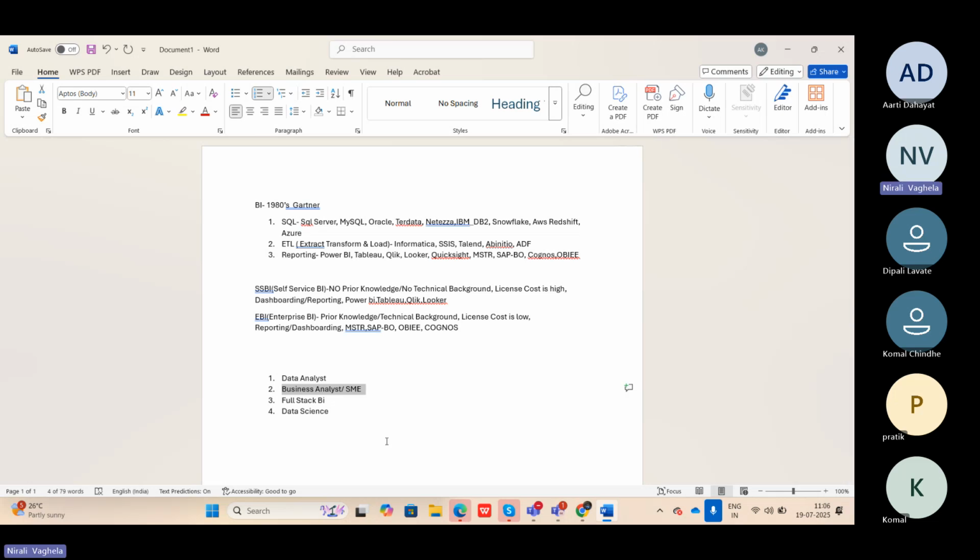Now, in the functional role, they hardly do any work on the technical side, but they work more on the documentation and communication side. And on the technical side, you do all the development. The techno-functional role is more like you have to do the documentation and communication with the client, and also do your technical work of designing the reports and dashboards as per the clients' needs. So that's what exactly you'll have, these doors open for yourself.